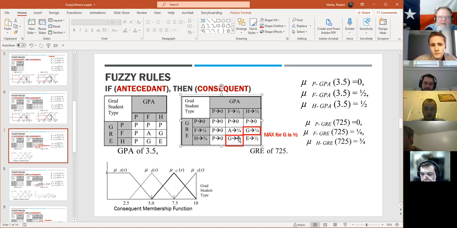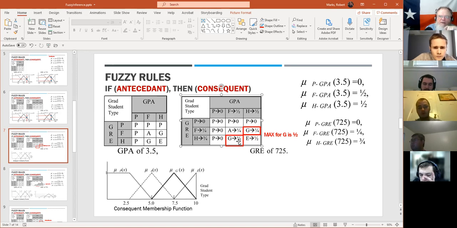So we have, for example, let's take this bottom right where we have excellence. Well, the student is excellent if the GPA is high and the GRE is high, right? Bottom right, the student is excellent if the GPA is high and the GRE is high. What's the and operation? It's minimum. So we take the minimum of 1/2 and 3/4, that gives us 1/2. So that's the membership function of the GPA being high and the GRE being high. One is 3/4, one is 1/2. And the student is excellent if the first one holds and the second one holds. The and corresponds to a minimum. So that's the reason we do a